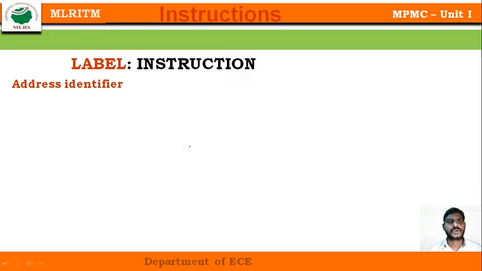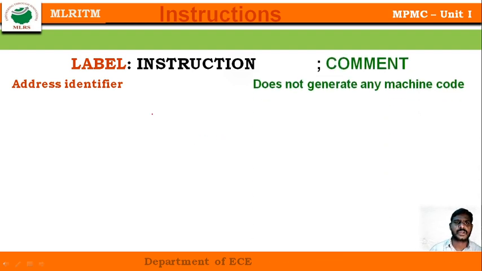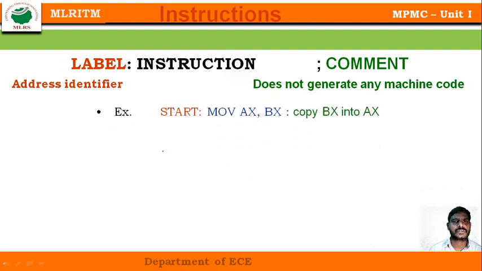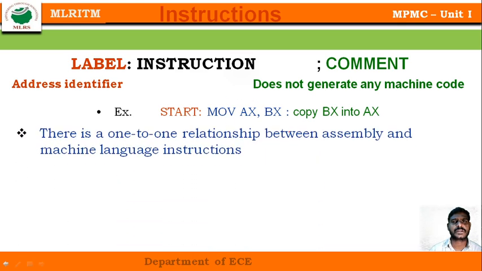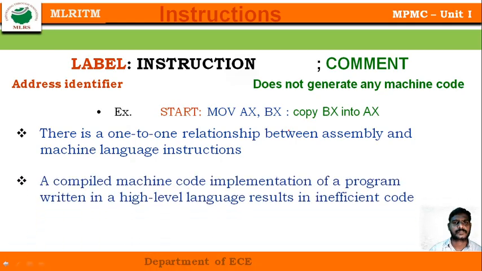Okay, now we'll see, while starting to write our first program, let's recall what an instruction is, how the instruction will be, and what the content of the instruction is. An instruction consists of a label, an operation and operands. Suppose START: MOV AX, BX, where START is your label, MOV is called the operation field, and AX, BX is called the operand field.